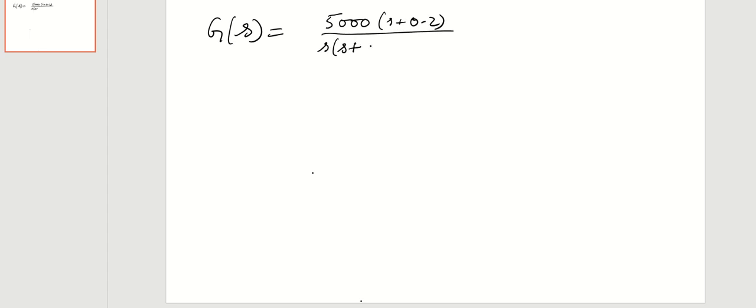So what we had was something like this. G(s) is equal to 5000(s + 0.2) upon s(s + 10)(s + 50), from where we wrote G(jω) is equal to, we finally saw that it was 2 by jω times